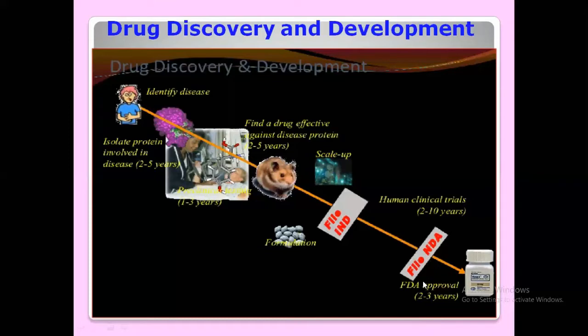Once you get the FDA approval for that particular drug, only then will that drug be packed and come to the market for sales. Then only can people take the drug. So these are the steps involved in drug discovery and further development of the drug into an effective drug that can be given to humans. For all these things to take place, you see that it will take several years.